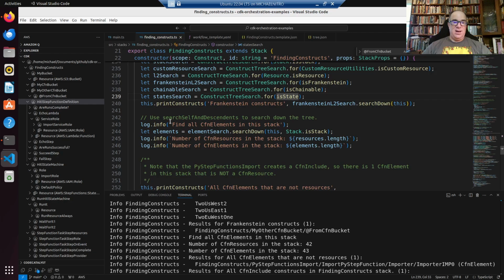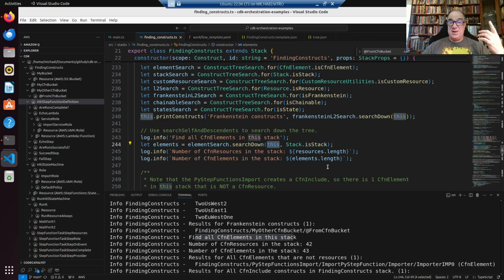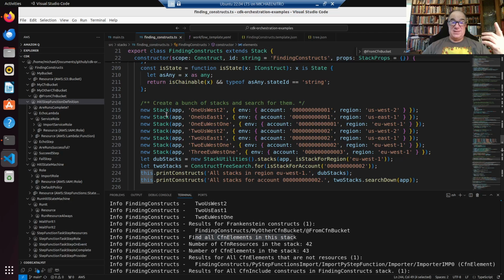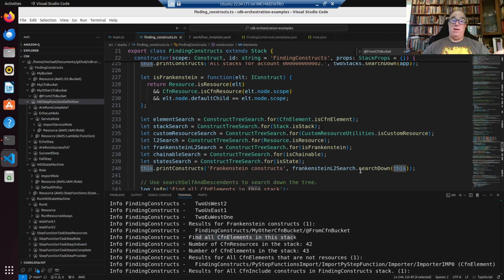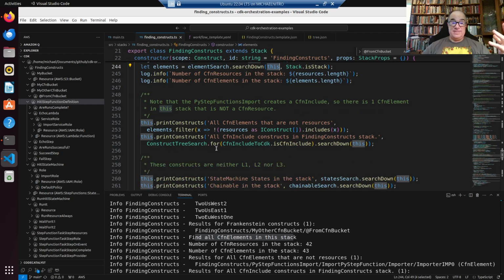Okay, and here we're going to find all CFN elements in the stack. So the number of CFN resources in the stack, we're going to do a search down using our CFN element search from this, which is stack, and we're going to stop at stack boundary. So if there are any child stacks of finding constructs, which there aren't, because if you remember up there, I actually created all of these stacks using the app. So there are no stacks which are children of finding construct, but if there were, I would stop, because